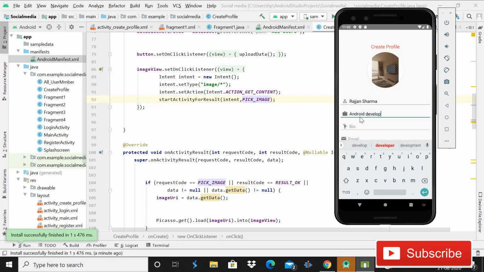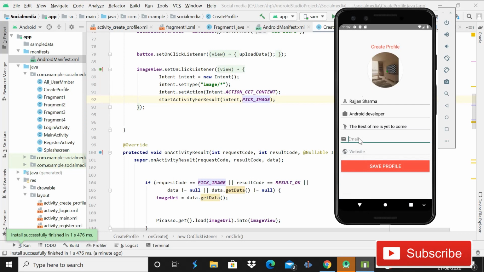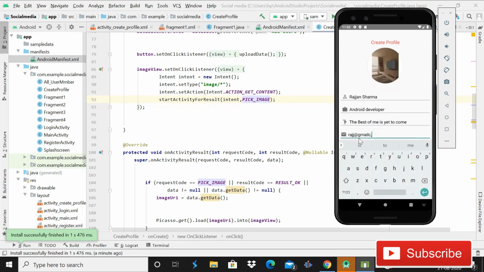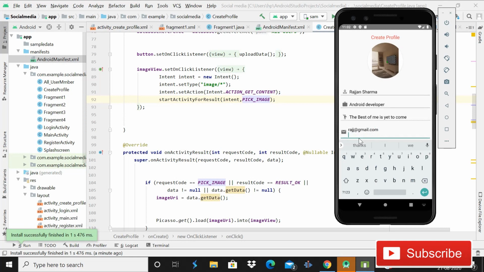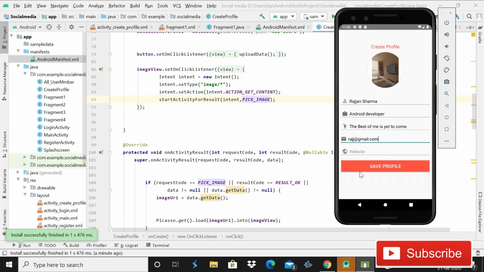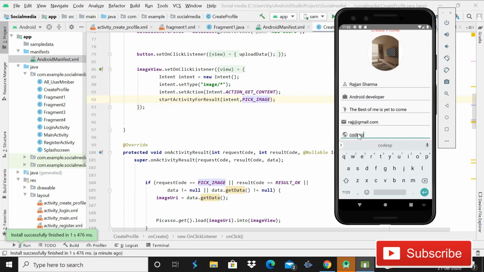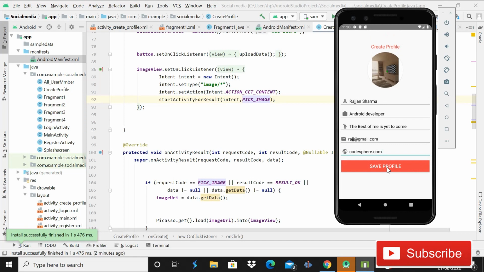Here I will give my name, and you cannot see my text on the emulator, but that is fine. Here I will give the bio: best of me is yet to come, fine. And then email, at the rate gmail.com. Then guys, for website, now I'm just giving a demo website name, fine guys. You have to make sure that it is a valid URL, and then when I click on the button save profile,